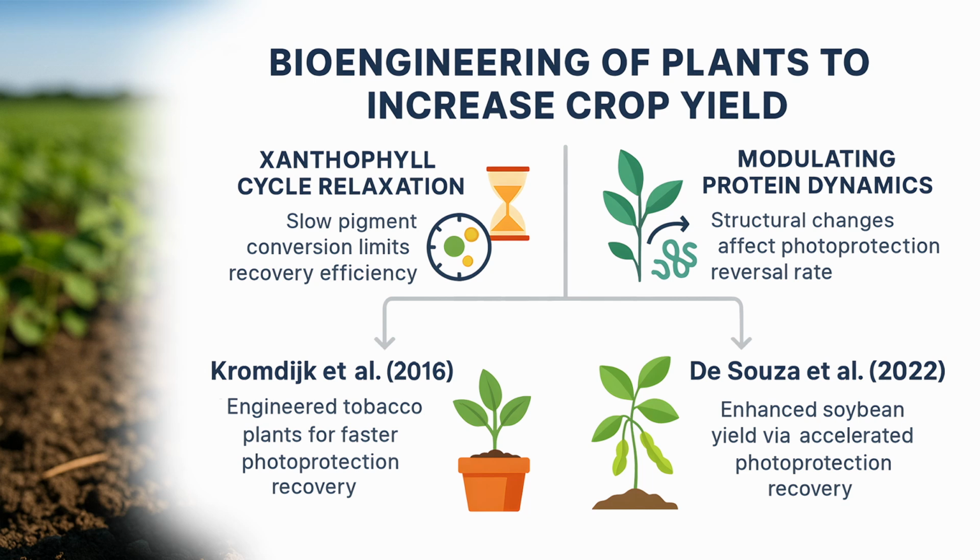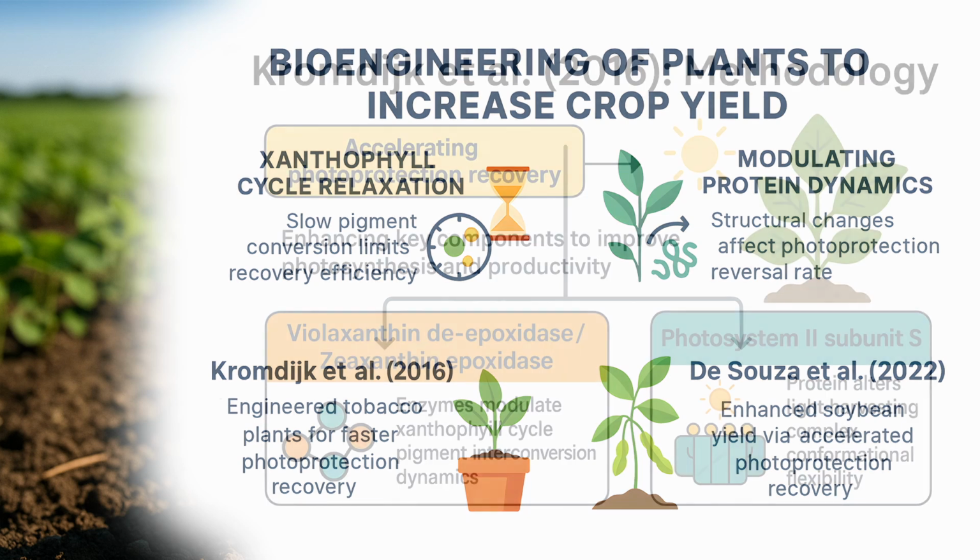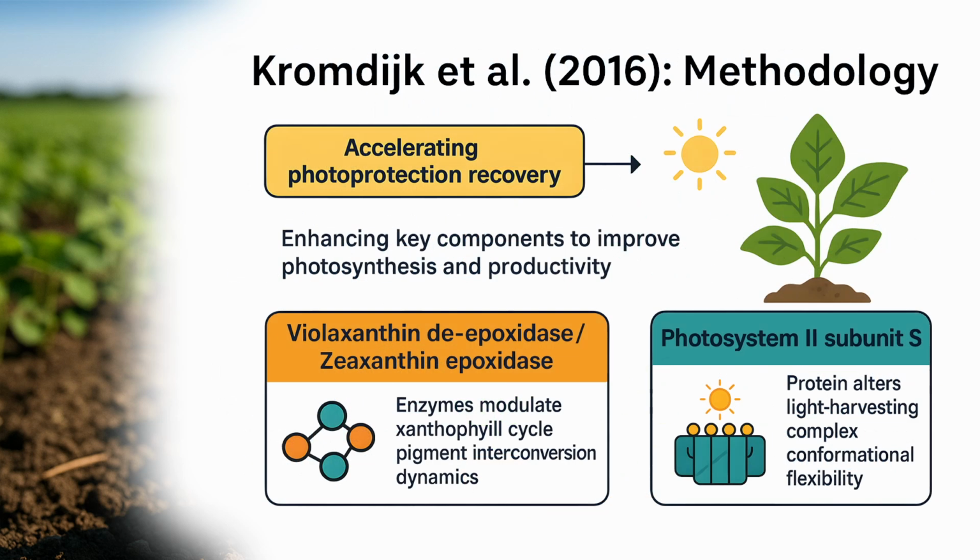Together, these studies provide critical insights into the feasibility of optimizing photosynthesis to meet the global need for higher crop productivity. To test whether accelerating recovery from photoprotection can improve photosynthesis and crop productivity, Kromdijk and colleagues conducted a pioneering study in tobacco plants. They used genetic engineering to simultaneously enhance three components involved in photoprotection dynamics: the enzymes that drive the conversion and reconversion of pigments in the xanthophyll cycle, and a protein that modulates the conformational state of